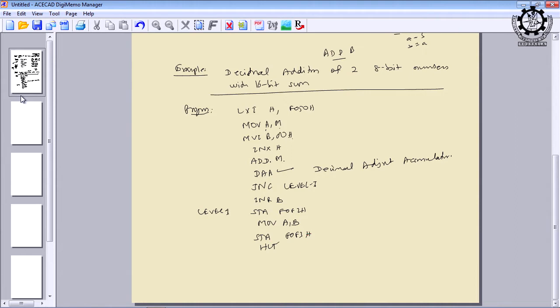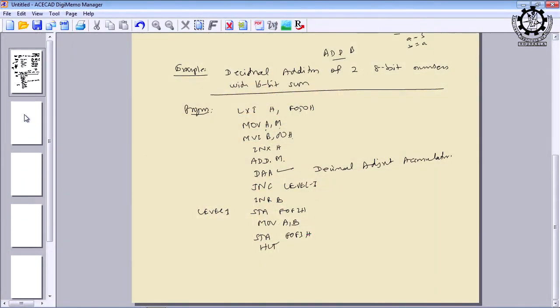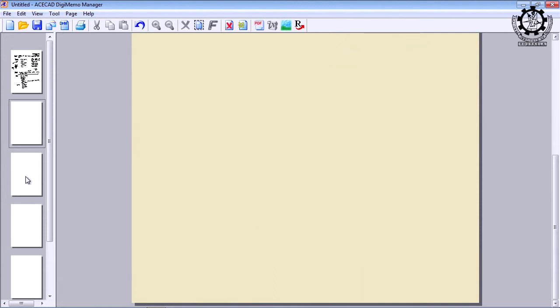Last class, same thing: if the carry is generated, store the carry as well as the result, and if the carry is not generated, store the result along with the value 0, meaning that there is no carry generated. Is it okay? So, this is another problem, and whatever problems we are discussing here, the same thing you can do in the laboratory class, along with the assignments I have given. These are all applicable to the laboratory class also.